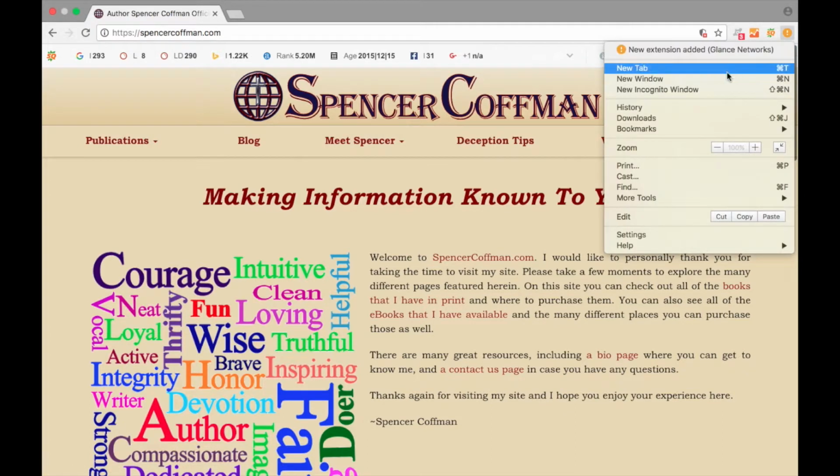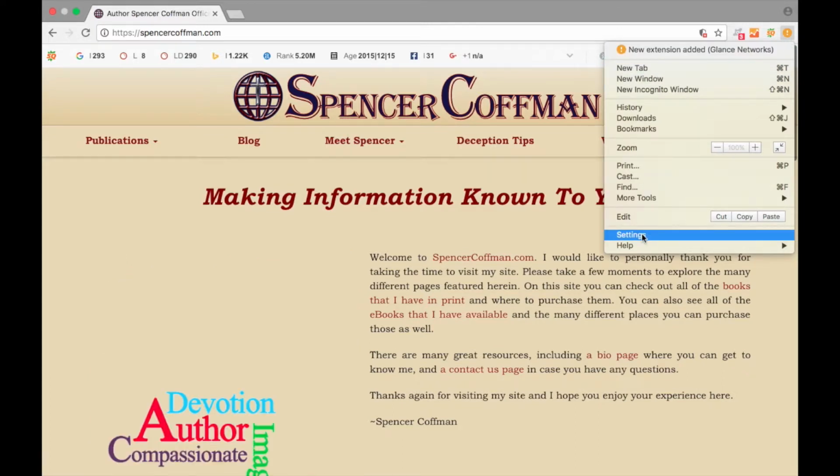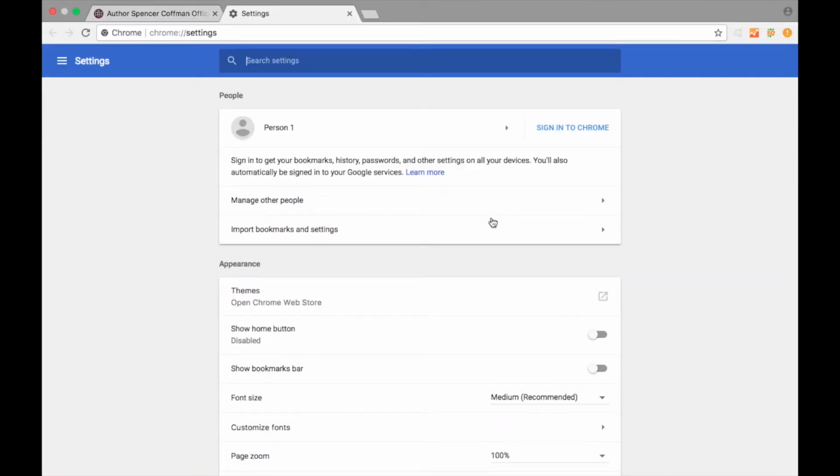So you click on this and see it added a new extension. It gives me an alert. We'll come to that later. What you'll go to is Settings. When you click that, there are going to be a whole bunch of options. If you're signed in, it will show you that you're signed in. And if you want to browse anonymously or hidden, the first thing you need to do is sign out.